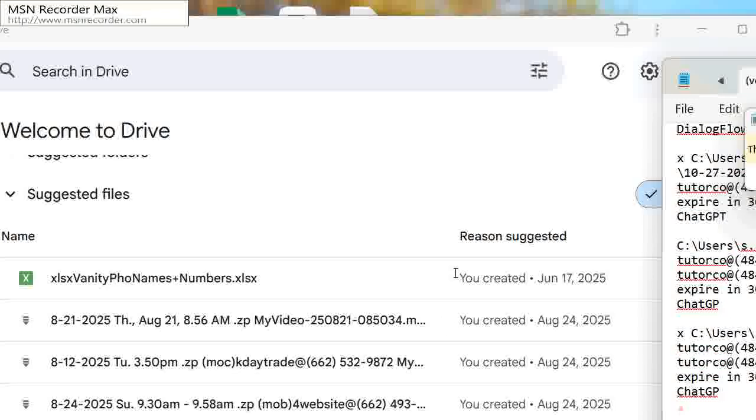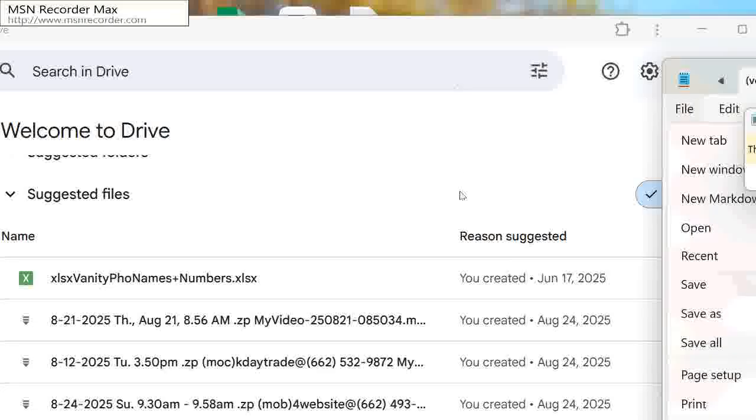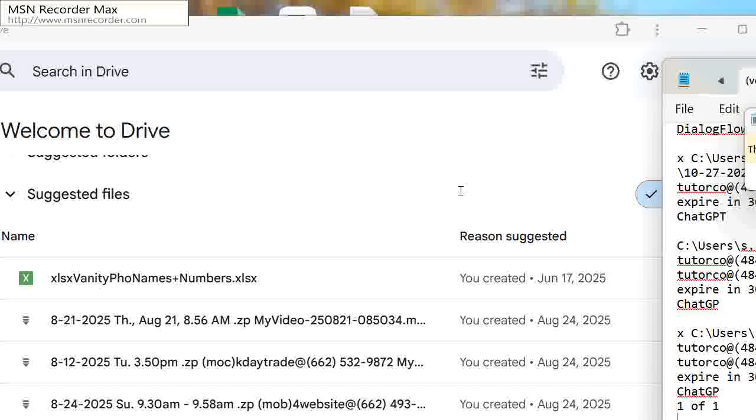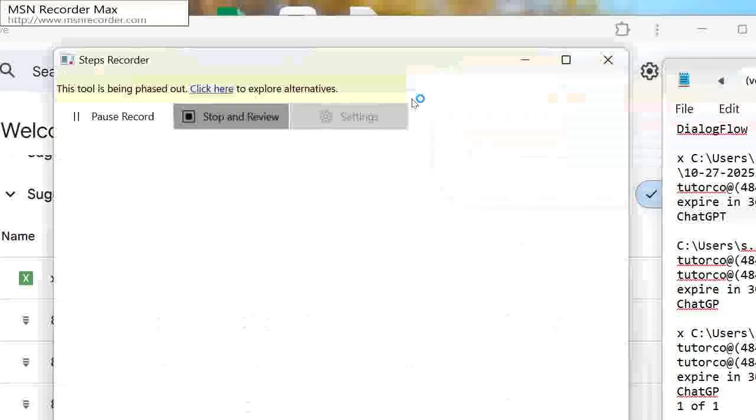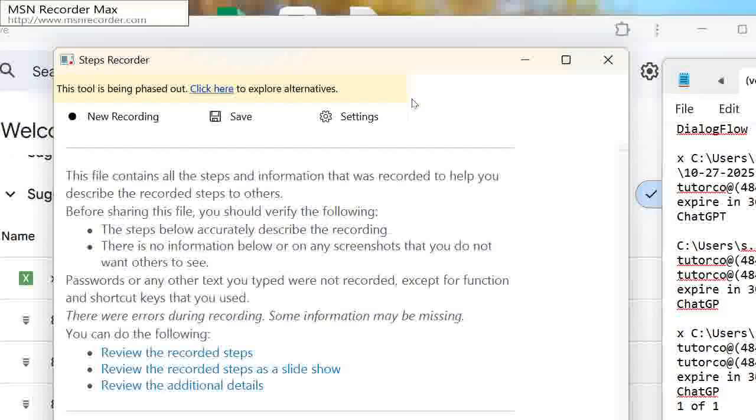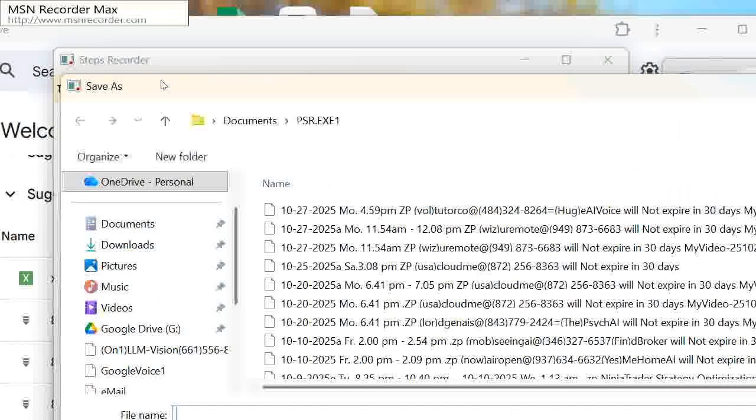Okay, after having done that, I can then stop and save again my step recorder. So I'm going to click the stop button, the save button, pick the previous entry, and give it a subscript of A. I'm going to enter the letter A immediately after the year, so it reads year 2025 sub A, and I'm going to put a dash